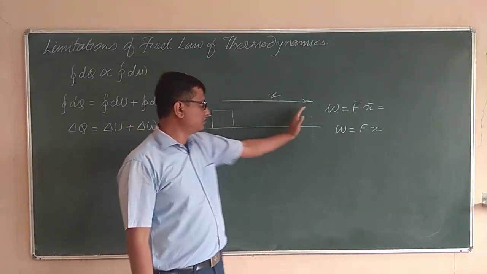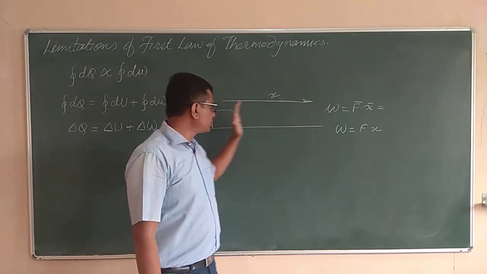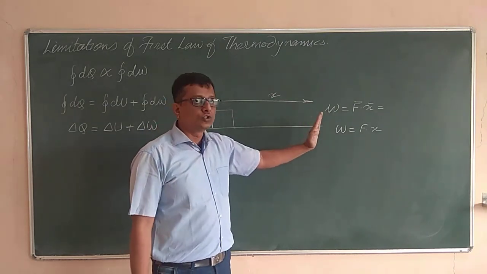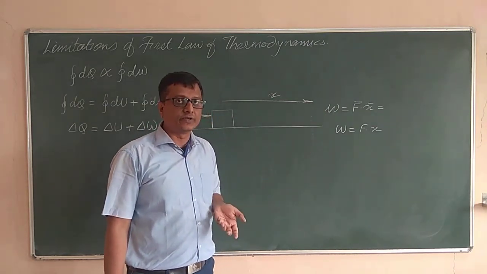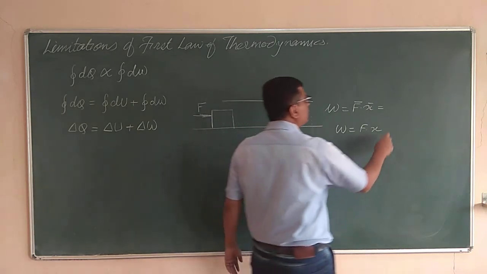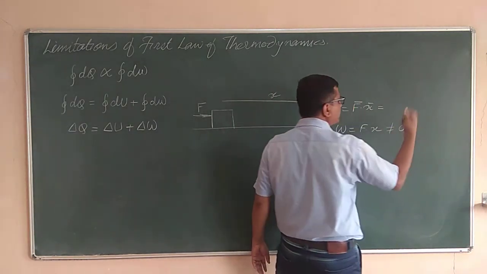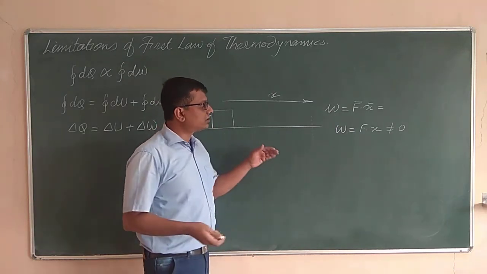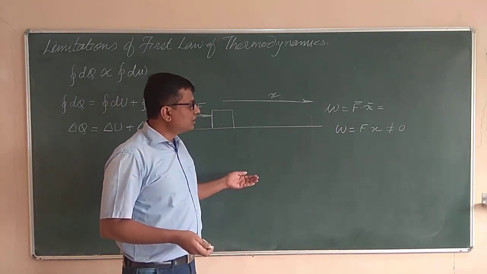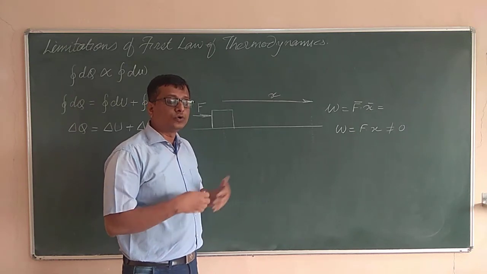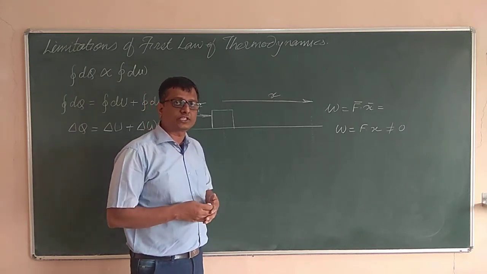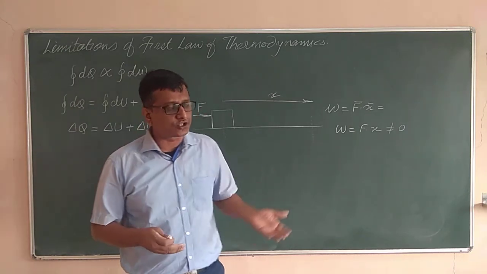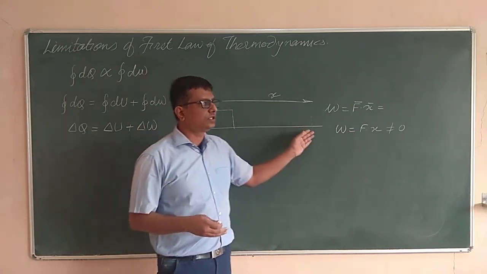Since the work is done by someone by pushing that object from this place to that place, work is one of the forms of energy. So it will have some non-zero value, maybe 1 joule, 10 joule, 100 joule, 1000 joule, something. Whatever the value that work done might have, where does that work done go after doing the work? Since the first law of thermodynamics says that energy can neither be created nor be destroyed, whatever work we have done shouldn't get destroyed.